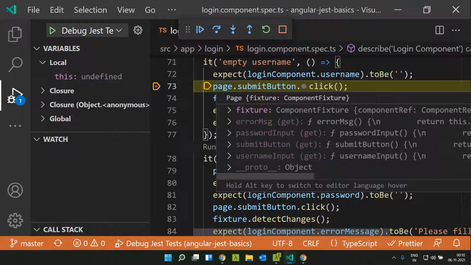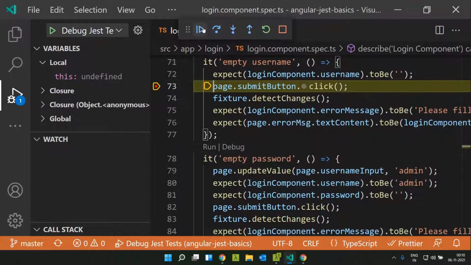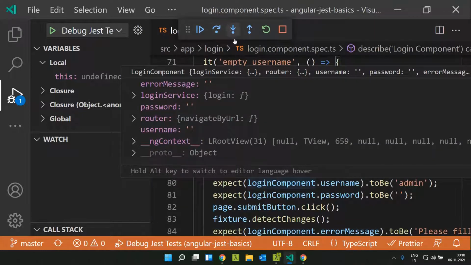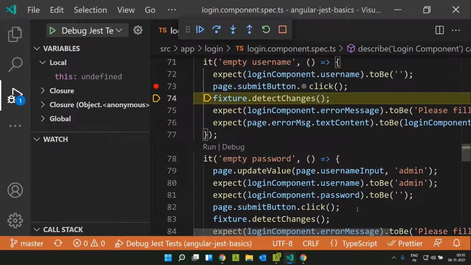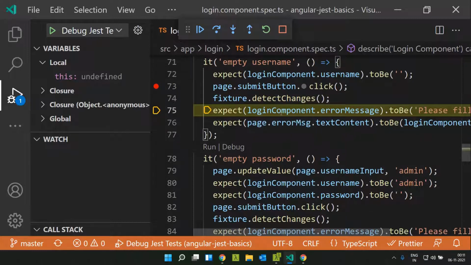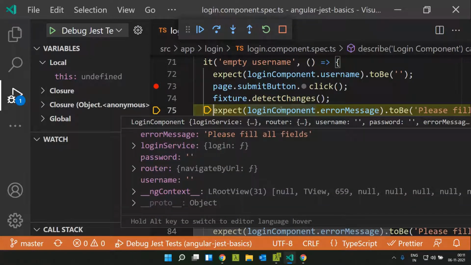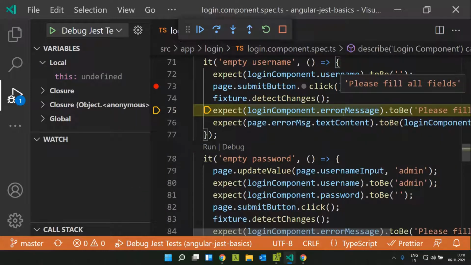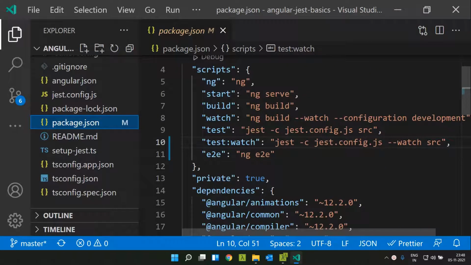Here as usual we can do the various steps like continue, step over, step in, step out, and even restart the command. Here I am going to use F10, so I can debug as usual, and you will be able to see the contents of this, like the error message, everything, similar to whatever we saw in Chrome.